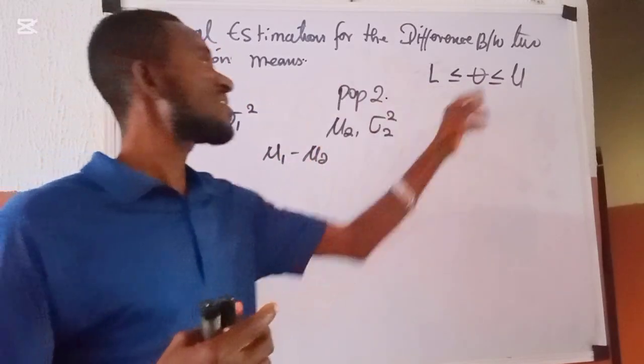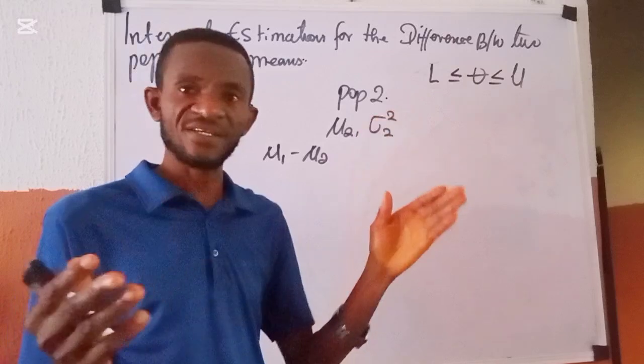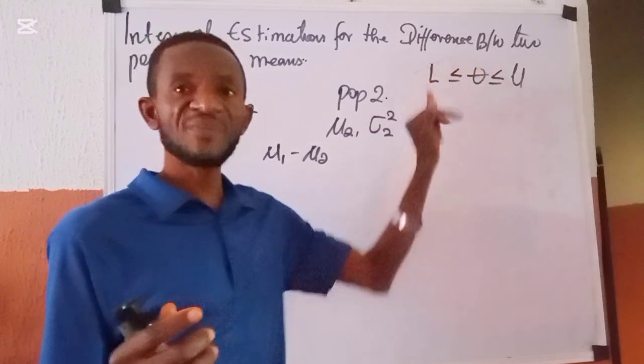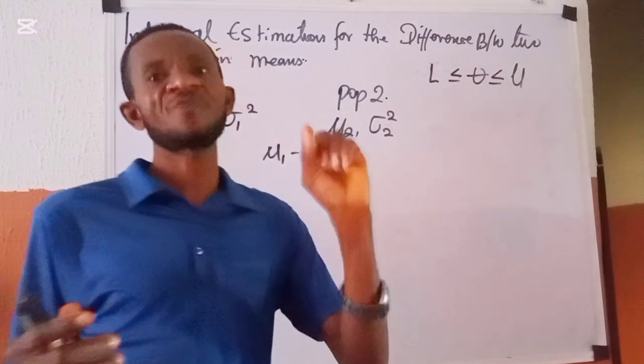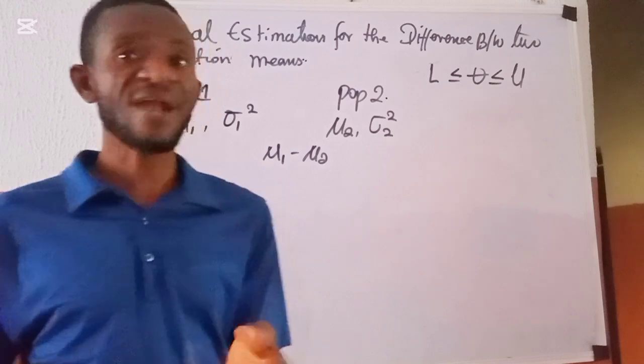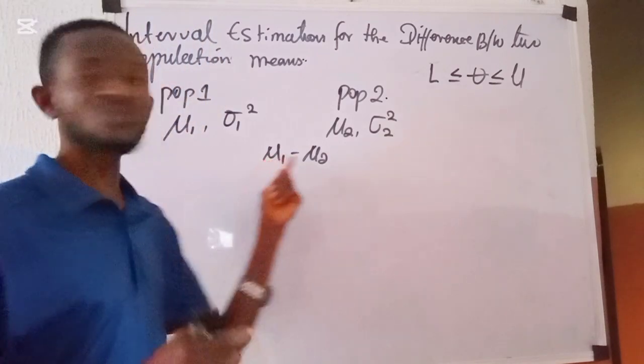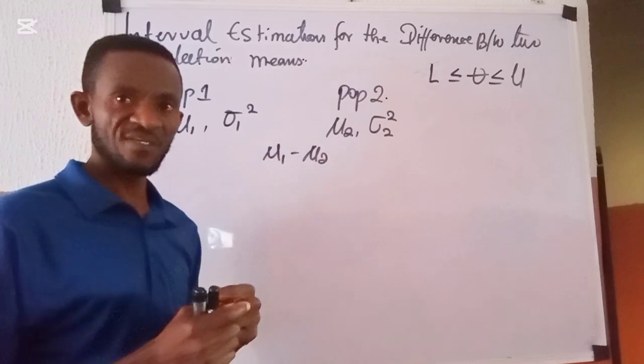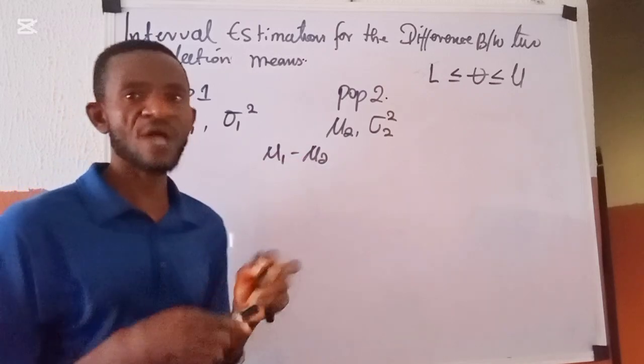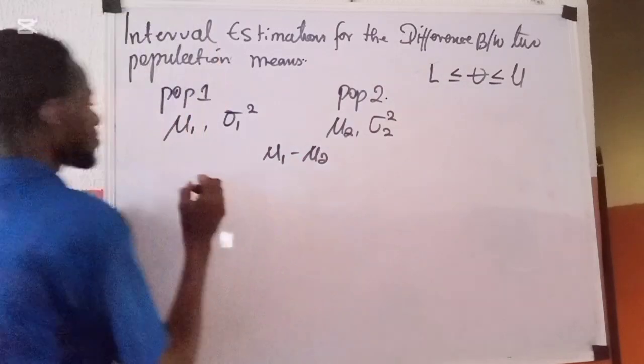It could even be the population proportion or anything. So it is just written here to represent any population parameter of interest. This time around, the population parameter of interest which we want to estimate is the difference between the two population means. So when we come down here, what we are going to have is that we are going to have